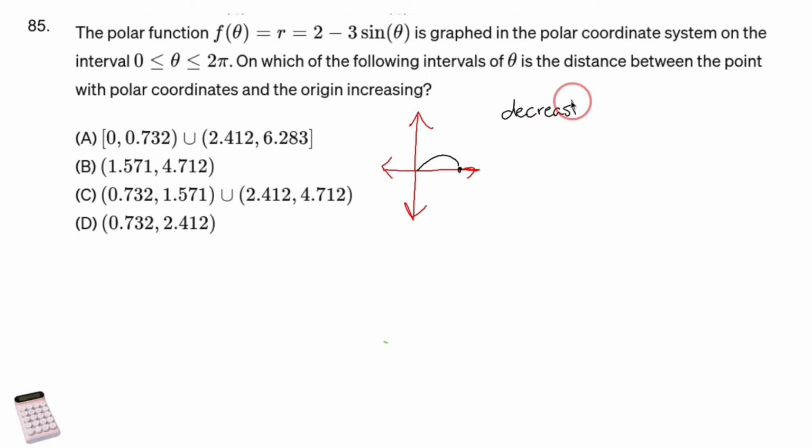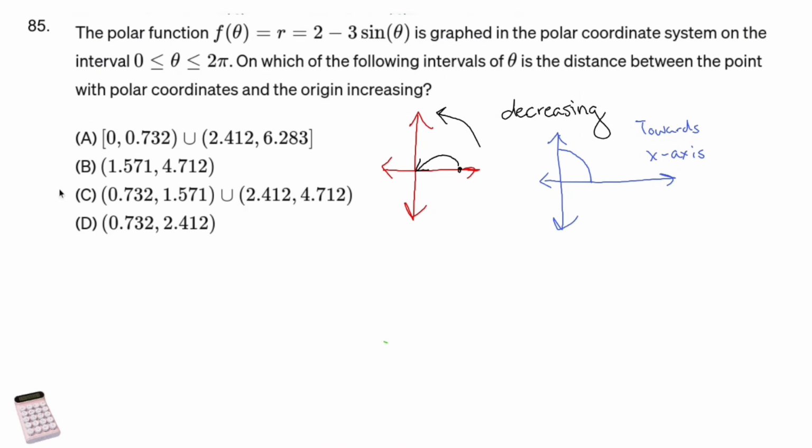As you move counterclockwise, this curls in, you're decreasing. What this looks like on the rectangular system is you start up here and you work your way down, as you move towards the x-axis,